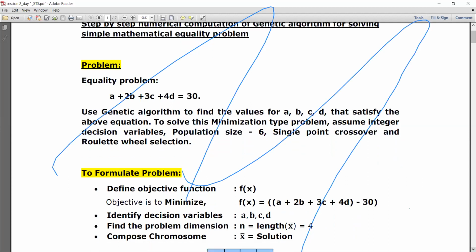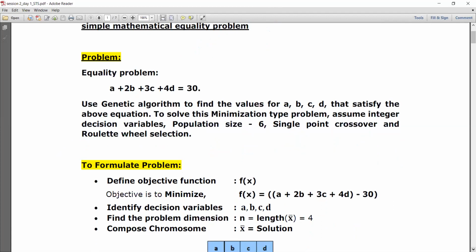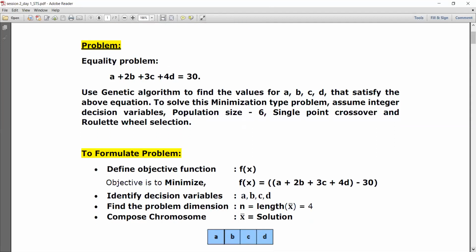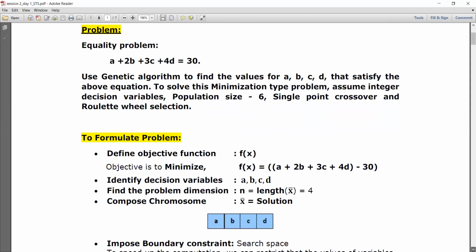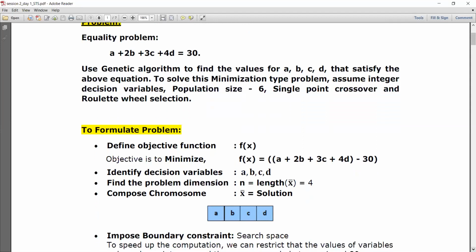So now next is how to formulate a problem. In that text box, most of you have asked questions like how to formulate the problem, how to formulate the objective function, what is this constraint, this, that. For all those questions, I think now you will get the answers very clearly with this problem solution. In the question itself, they have given some hints. One hint is take integer variables. Second hint is go for population size 6. Then assume single point crossover and also apply roulette wheel selection. So these are the inputs we need to consider while we start solving the problem.